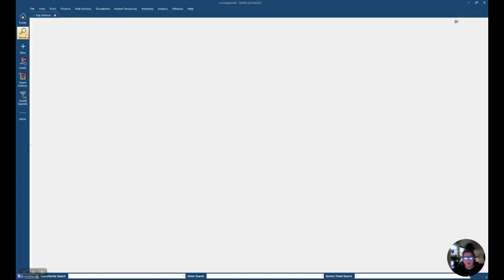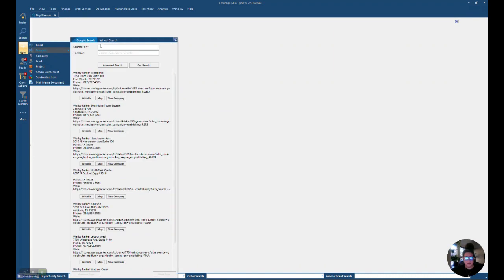So first and foremost, you always want to make sure that the customer does not already exist in your database. So under company, select or type in the company that you're going to be adding or that you're looking for. It does not exist in the database. So move over to New, Prospect, and you'll type in the name of the company